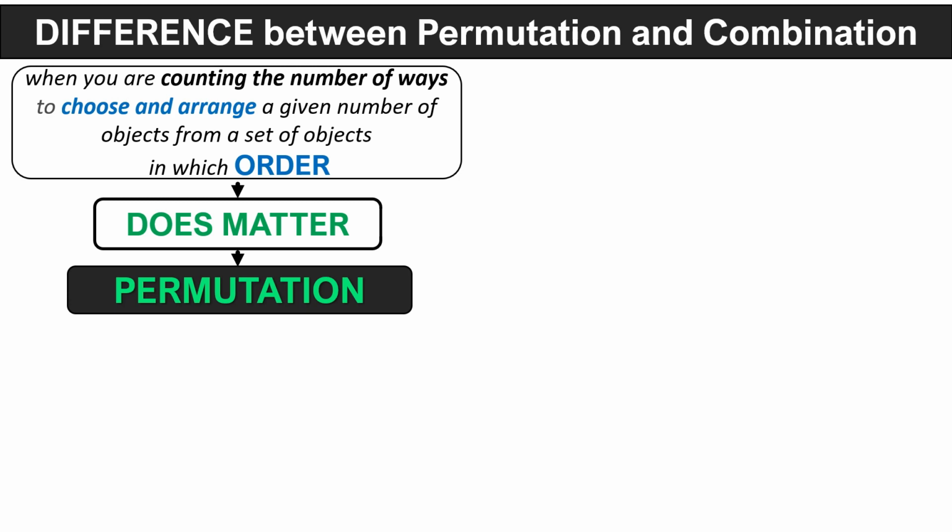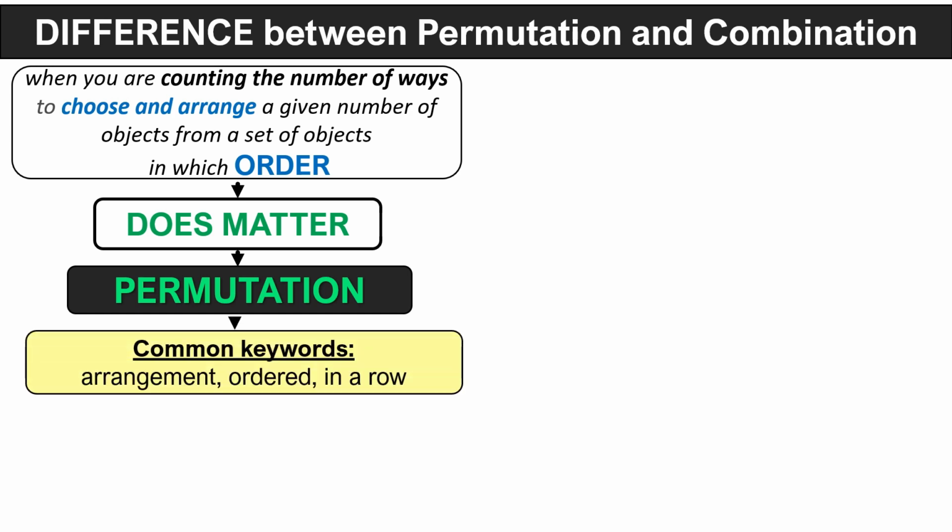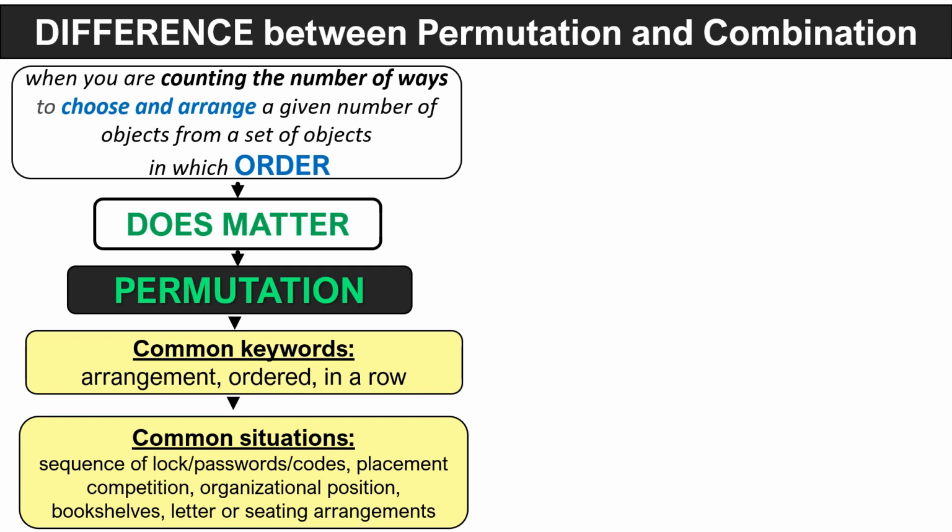So in permutation, order is important when we are dealing with problems that require a specific arrangement of position. The common keywords usually found in a permutation problem are words like arrangement, ordered, and in a row. And the common situation wherein permutation is applied is like in sequence of lock,